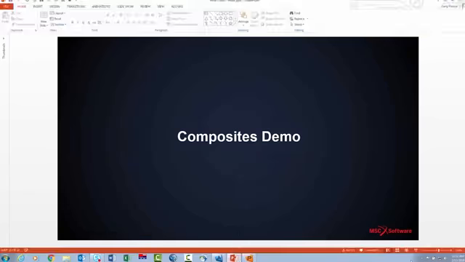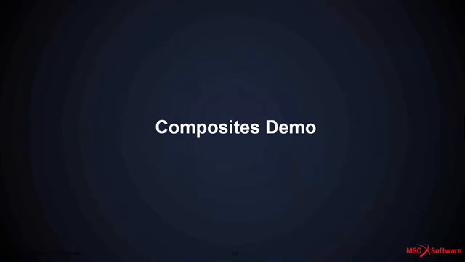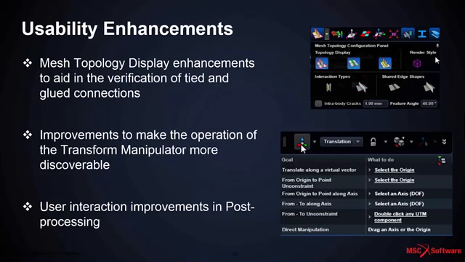So let me go back to presentation, one more slide, and then we're going to be wrapping it up. A couple of usability enhancements, or several usability enhancements, went into the Hawk release of Apex. A big one is the enhancements to the topology display of your finite element model. For some time now, we've been able to color code the topology, like red for free edges, yellow for non-manifold, green for feature edges, but we were not including the effects of the edge ties. We were not including the effects of the glue. So